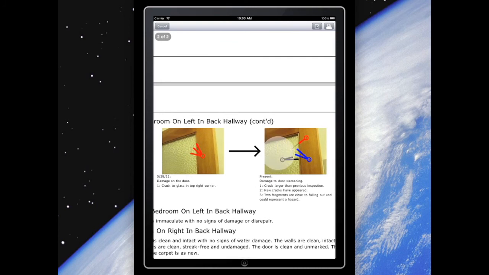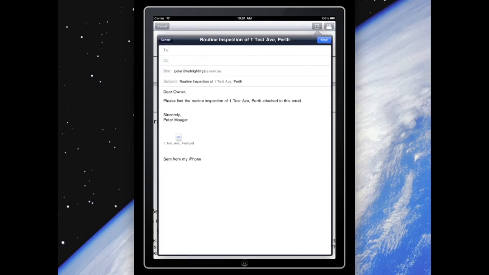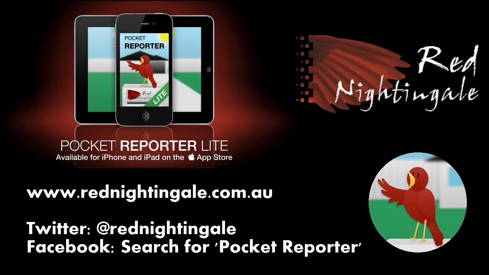Pocket Reporter Lite for iPhone is functionally identical to the iPad, although the smaller screen requires more navigation to move around the app. Pocket Reporter Pro is close to release,